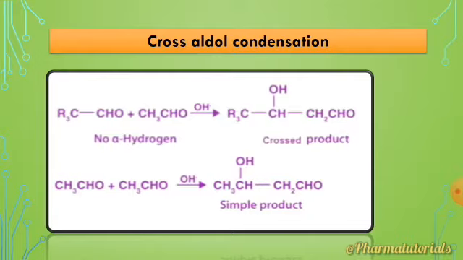For example, an aldehyde reacts with a different aldehyde, that is, there is an R3 group attached to the carbon, and this aldehyde has no alpha hydrogen. Why? Because this aldehyde does not contain the alpha hydrogen attached to the functional group. The functional group is CHO, and thus there is production of a cross product, that is, different aldehydes react with each other and there is formation of the cross aldol product.